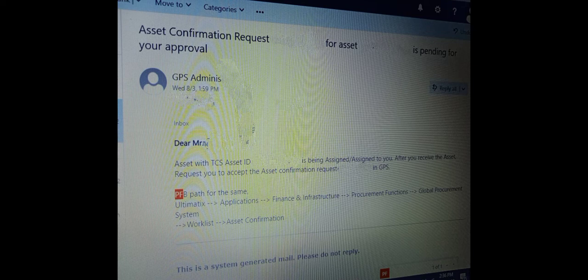You have to go into the Ultimatics, and inside the application you will find finance and infrastructure, and inside finance and infrastructure there is a procurement function, and inside that, global procurement systems. And you will have to go into the workflows, and then asset confirmation. So these are the very important steps that you have to perform to confirm that you have got